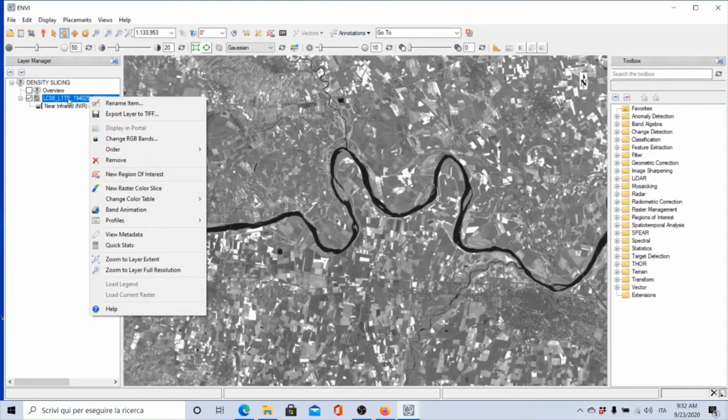That means that I'm not renaming the file, I'm just giving an alias to this file in the layer manager. So it doesn't mean that you are changing the name of the file, but you are only changing the naming when visualized in the layer manager. Here you see we can use this new raster color slice option. Okay, that is another way